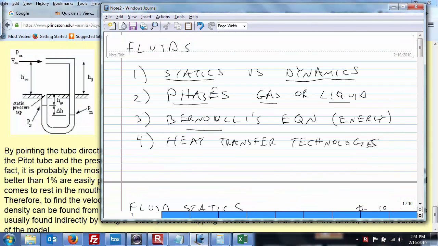Okay, guys and gals, we have covered fluid statics, we've covered fluid dynamics by looking at Bernoulli's equation. We talked a little bit about phases of gas and liquid. Now I want to get a little bit into heat transfer technologies, and I'm really hoping that